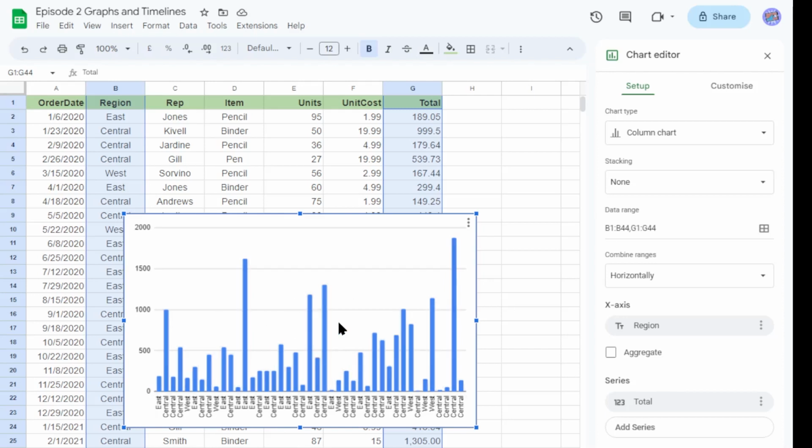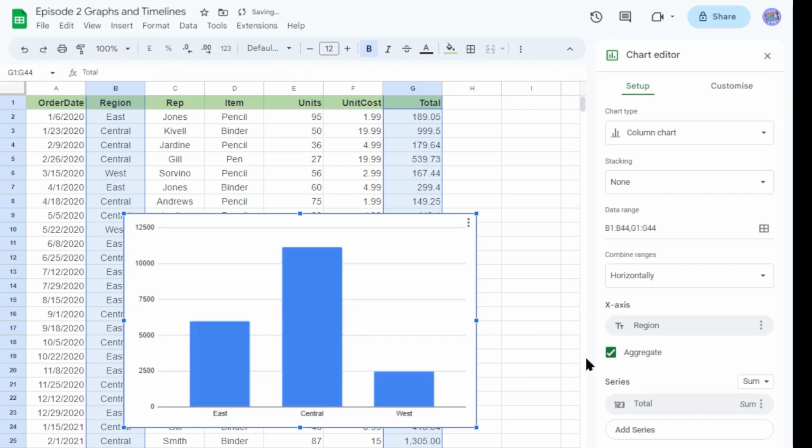If you look at this, it's pretty crazy, right? The automation didn't exactly work right, and now it's assuming that each one of these separate regions is a separate data set when we want them all calculated together. One very simple solution is on the right here, there's a little button that says Aggregate. If we check that, it'll automatically take all the labels that are named the exact same and then just